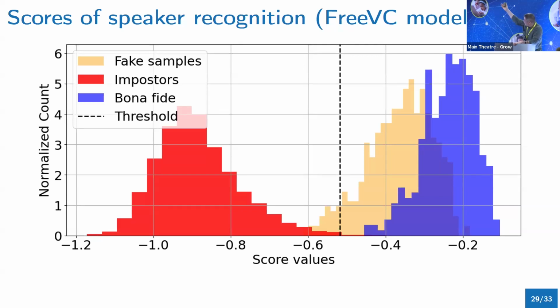So basically there's a threshold. Each verification system detects a person who is correct versus a person who is not that person. So those people who are not that person are in the red, and those who are that person are in the blue. So they are separated. When they separate, it means the recognition system works very well. They separate the two categories.